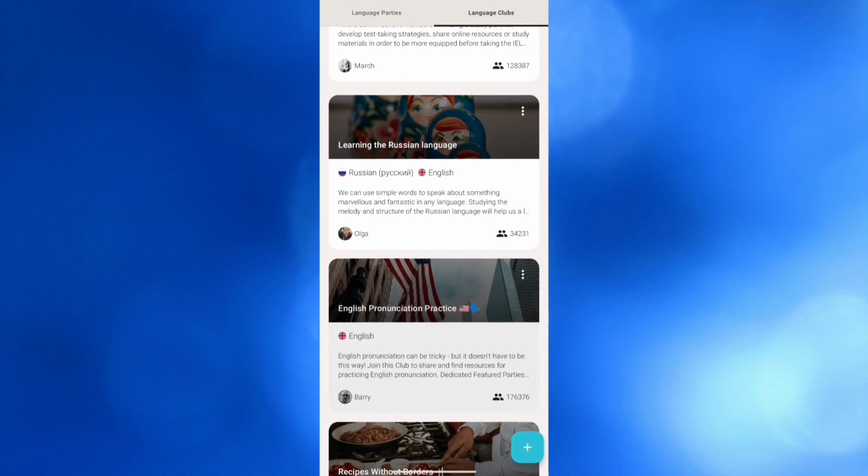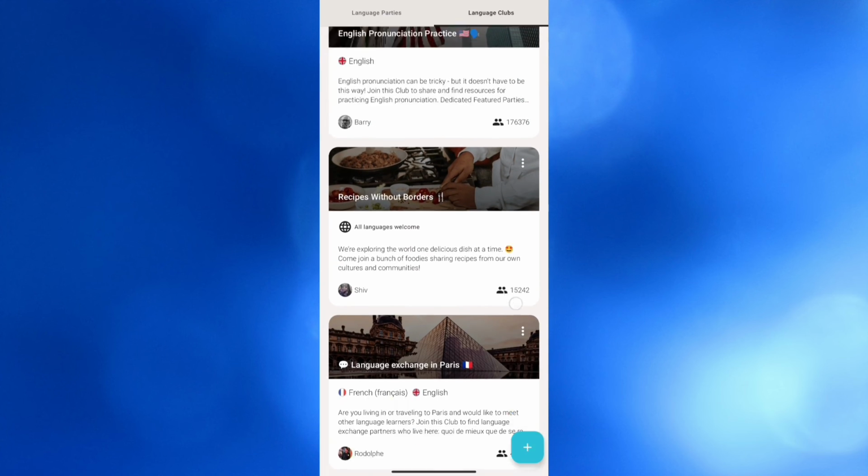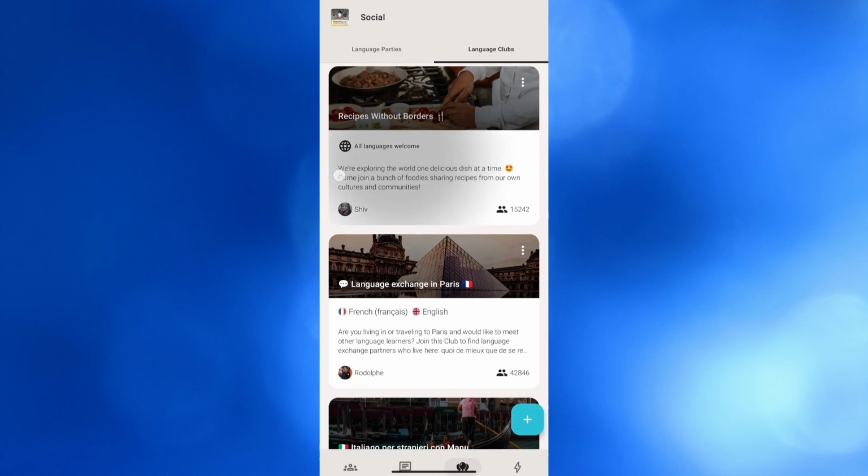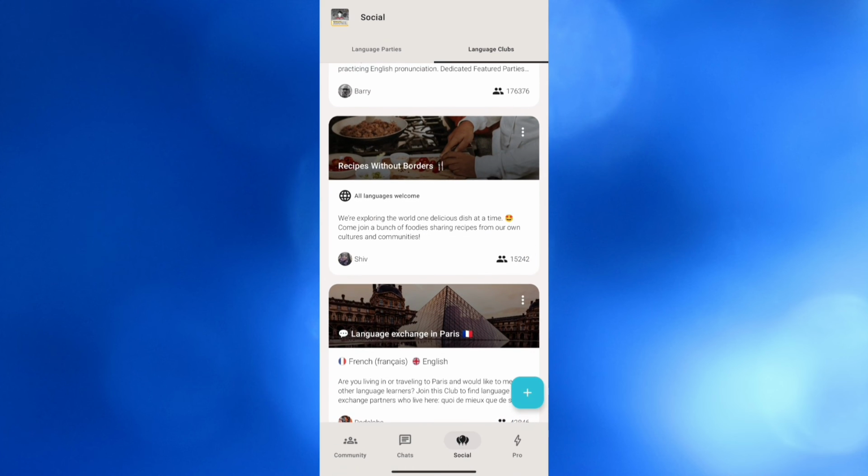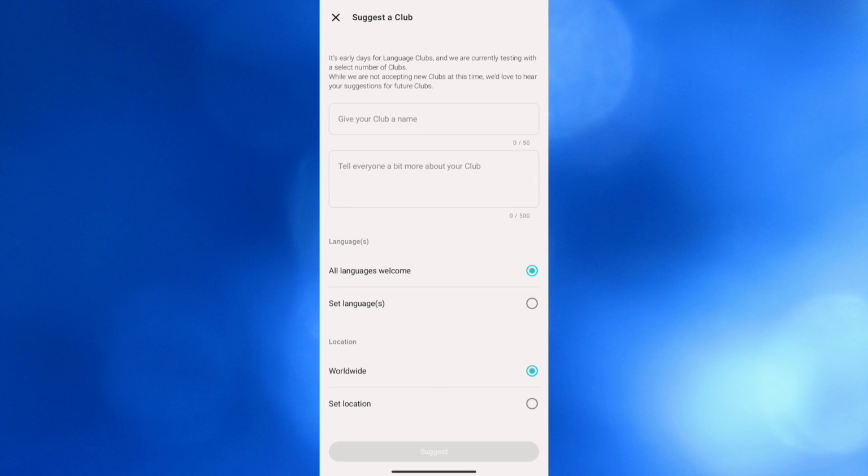You could also see here these language clubs with the corresponding clubs and the number of users below it will show you. By clicking on it, it will show you the overview about those clubs and also the main purpose of creating the club in here. To create your own, by clicking the plus button, all you need to do is simply